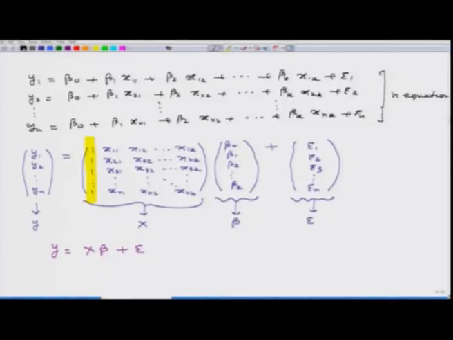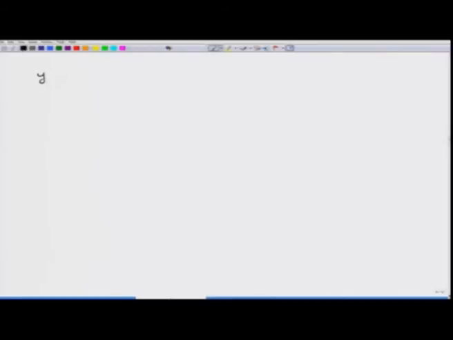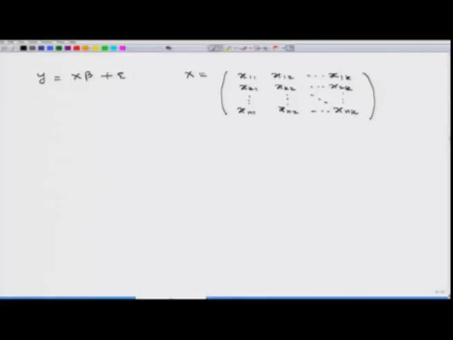This can be made a little bit more general, that I can write my model in general as y is equal to X beta plus epsilon, where X is going to be x11, x12, x1k, x21, x22, x2k, xn1, xn2, xnk. In case I want to consider the intercept term in the model, then the first column of the X matrix has to be made 1, 1, 1, 1, 1. And in case I do not need an intercept term in the model, this X matrix will remain as such. So, this is a very general form,